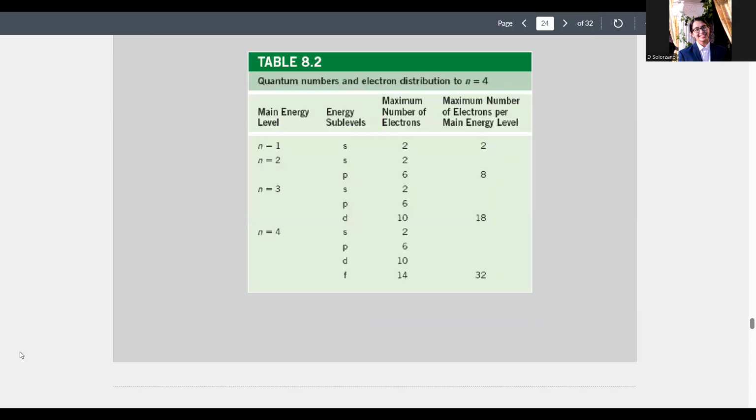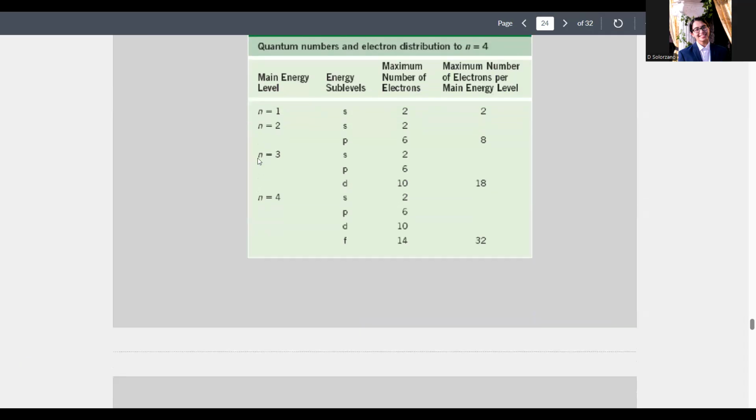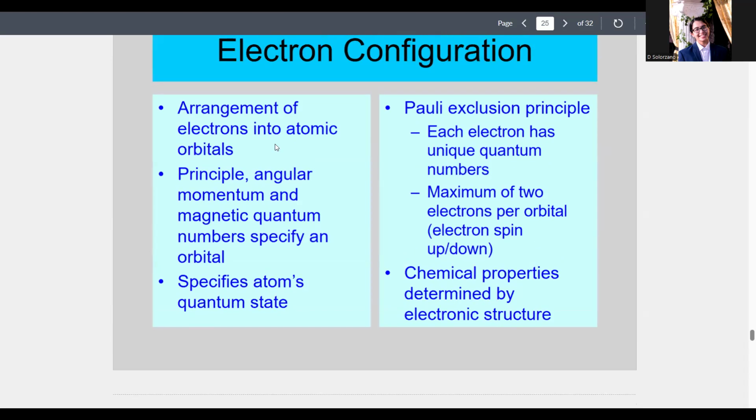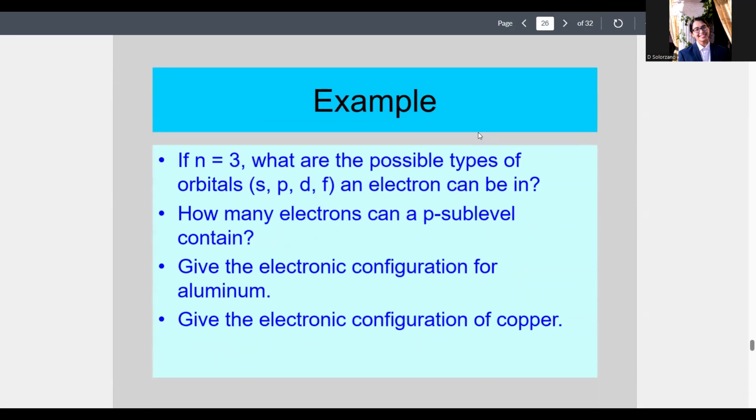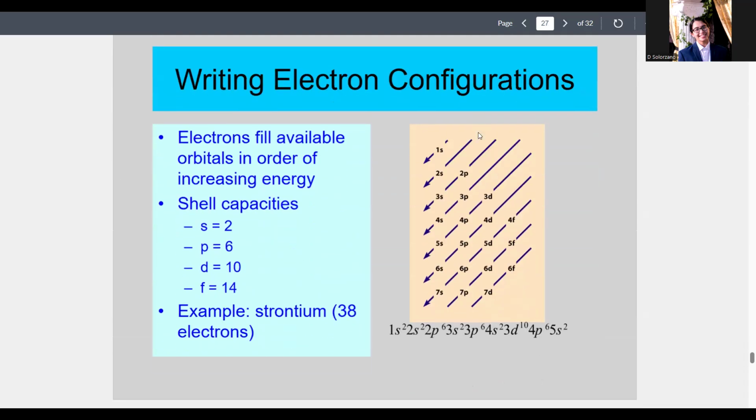This is just each orbital and how many electrons they hold. Again, s is 2, p is 6. If you get up to d, you have 10, and then f is 14. Electron configuration, I know we probably won't be including it that much. Pauli exclusion principle is just the fact that there's only two electrons per orbital.